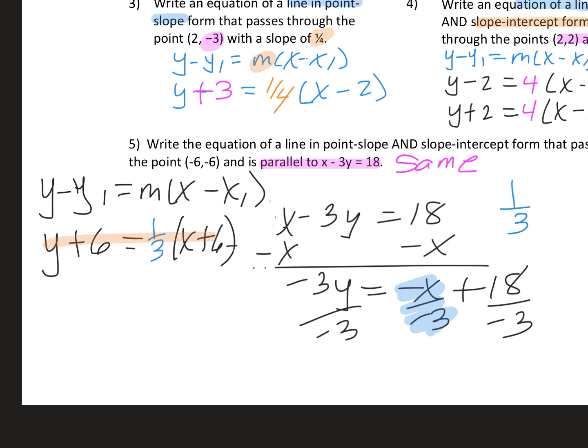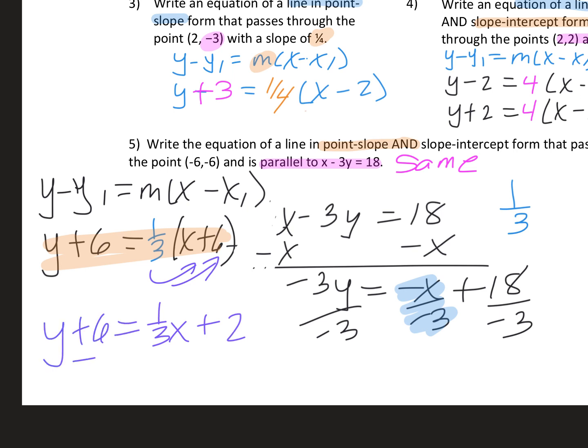Then we still need to get it into slope intercept for the second part of the question. So I am going to distribute, because there's no parentheses in slope intercept form. So 1/3 x plus 2. And then we need to do minus 6 on both sides. So you get y equals 1/3 x minus 4. All right, so that is the entire